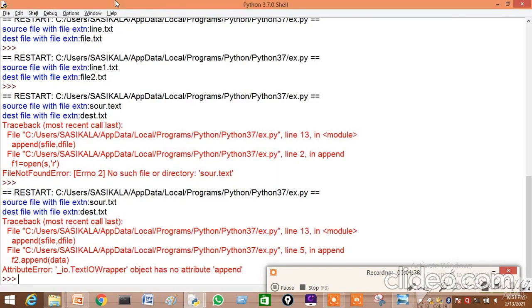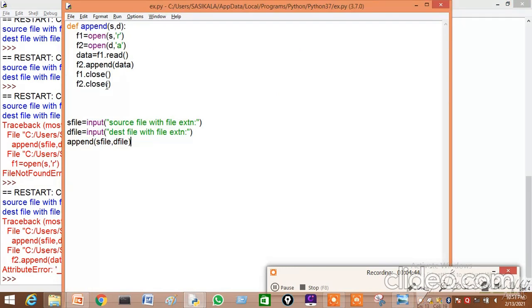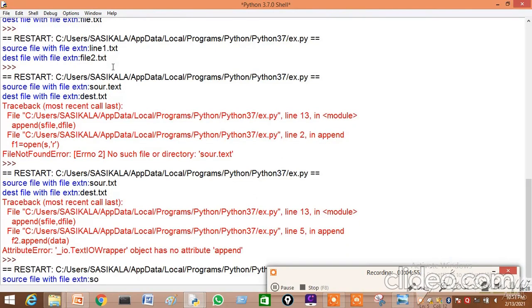The error is F2 dot append of data. Actually we opened in append mode, but we should use only write. The write function we should use, write of data. Now let us execute. source.txt